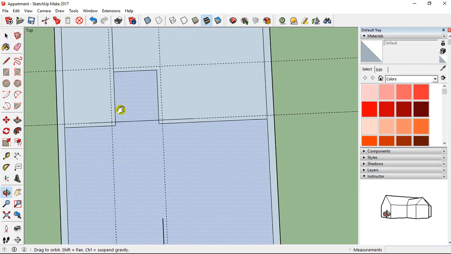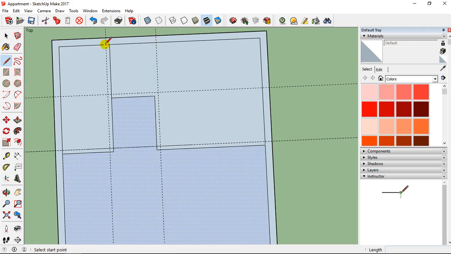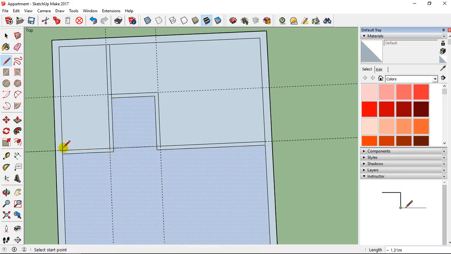Then I'm going to take the line tool and I'm going to add intersection to intersection, intersection to intersection, here to this point to this point also like this, and then also here, and this point to this point.